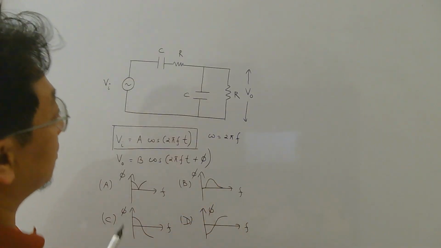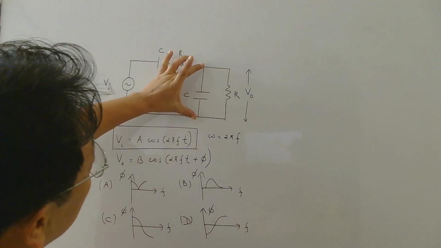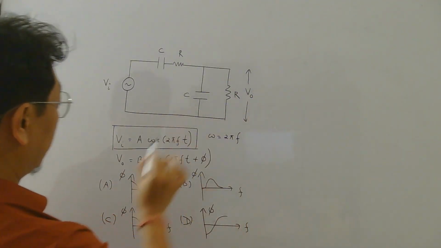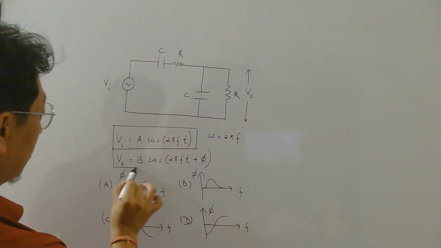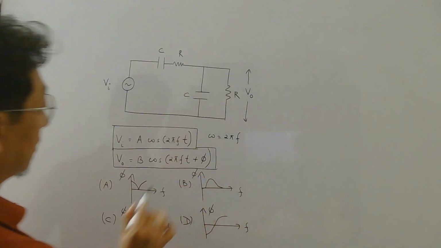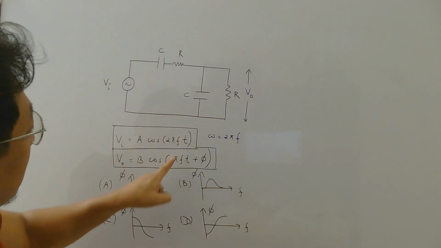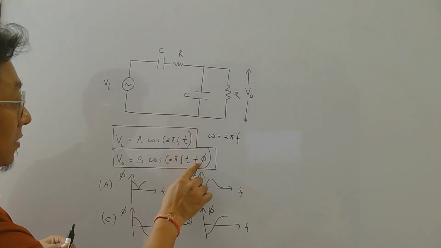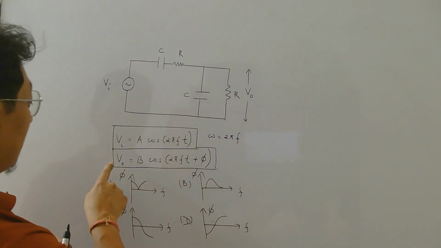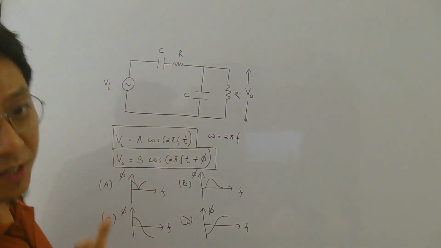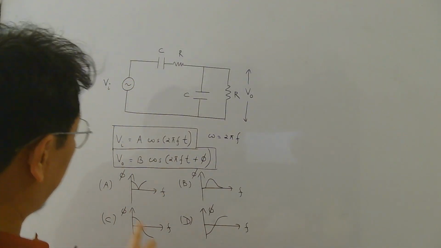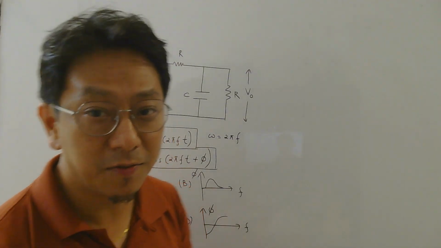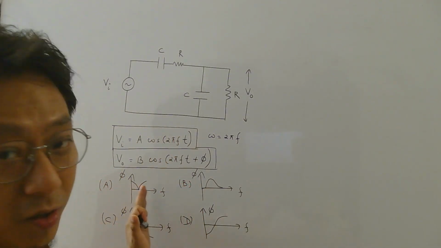So V0 represents the output voltage here, or you can say here, okay? And the formula for output voltage is given this way. So if you compare the phase, this has phase omega t, this has phase omega t plus phi. So phi represents the phase difference between output voltage and input voltage, right? Now they want a graph of phase difference with frequency, meaning how phase difference changes as frequency increases from 0 to